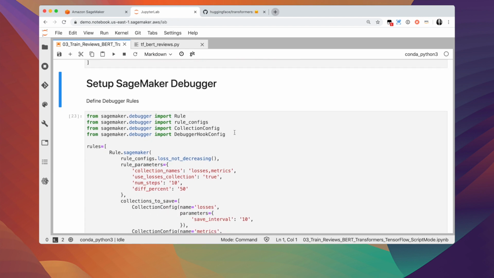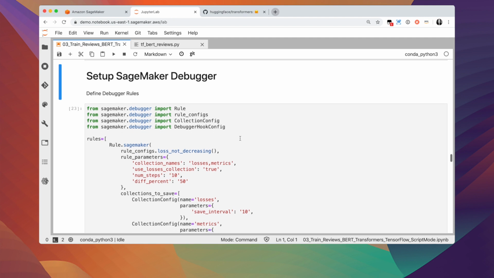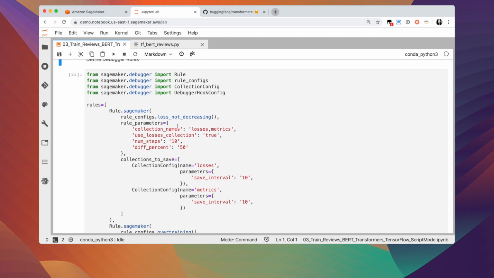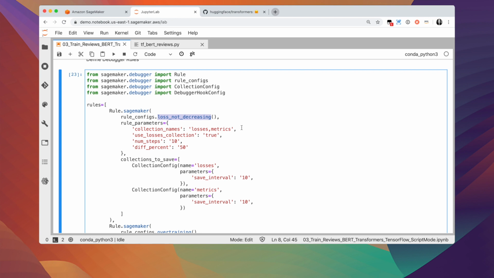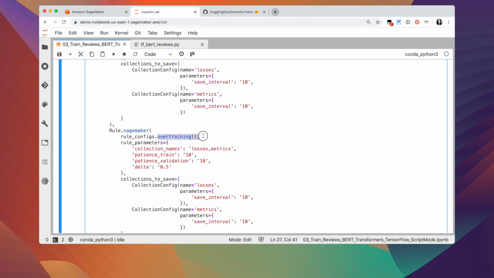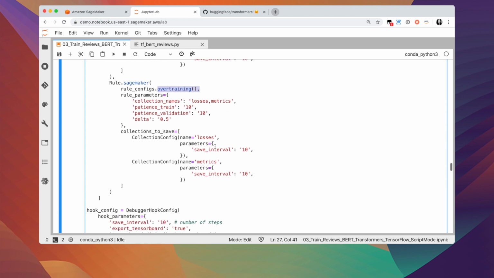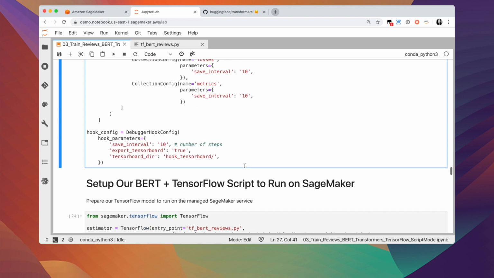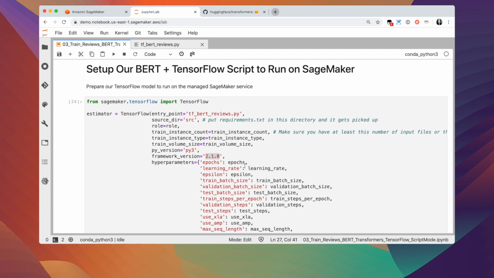And then another functionality with SageMaker Debugger gives us the option to actually keep track of what's happening throughout the training run itself. So there's a couple of built-in rules, for example, loss not decreasing. So if you're passing that rule, we're basically checking in real time when the model loss is not decreasing anymore. So we can have that information. And we're also checking here in case we're overtraining. So let me set up these debugger rules here, create a hook, and then we're finally ready, boom, to set